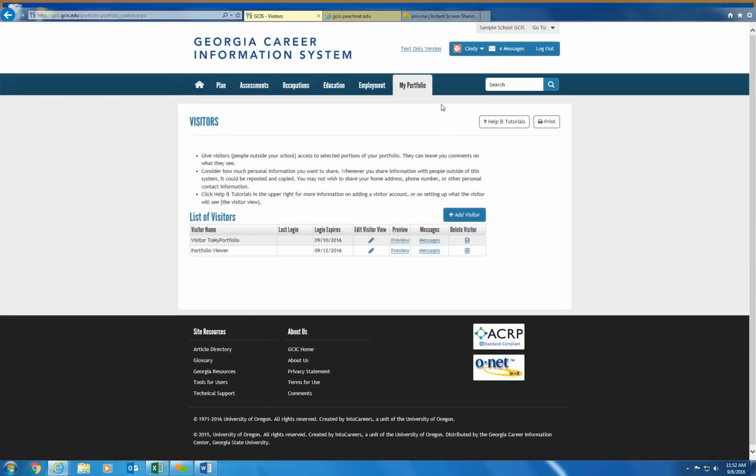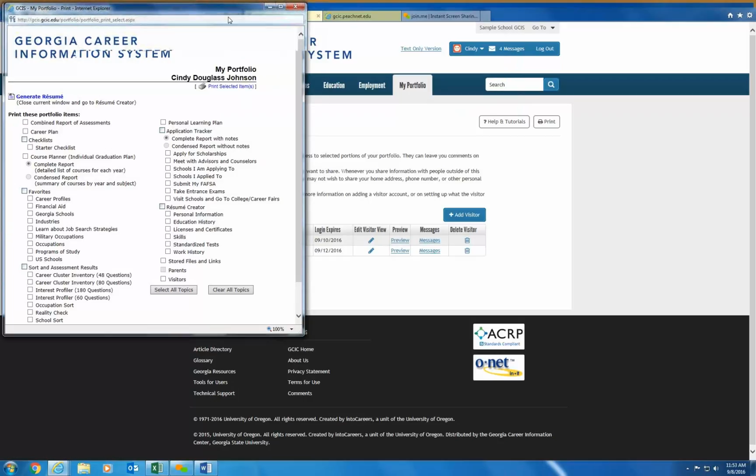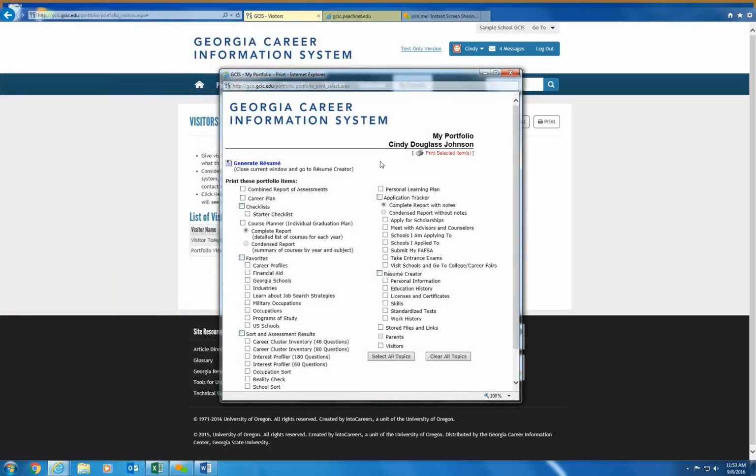I'm going to go back up to my name, and I'm going to click on Print My Portfolio. This is a very useful resource when you're doing that ongoing advisement, as this is a wrap-up report of everything this student would have ever saved within their portfolio. So you can use this information to help them make future decisions about their careers as well as their post-secondary education.